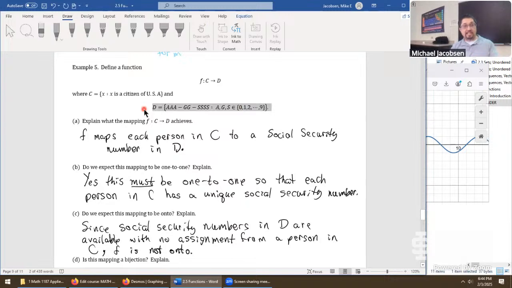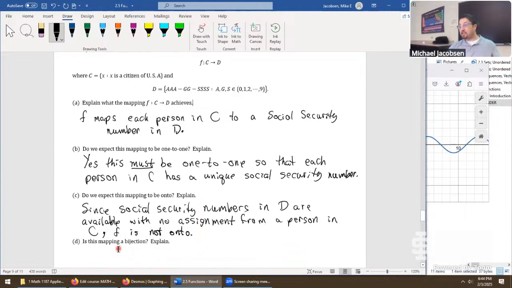this is a pretty big set. It's got more elements in here than we've had people that have been alive and people who've been around since the Social Security system has been in place. But this is not as big of an issue as it seems, but it does cause a problem. The mapping, as we defined it, cannot be a bijection. It's 1-to-1, but it's not onto. So we'll say here, it is not a bijection